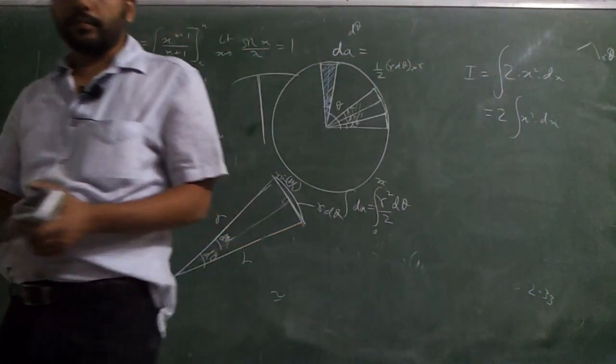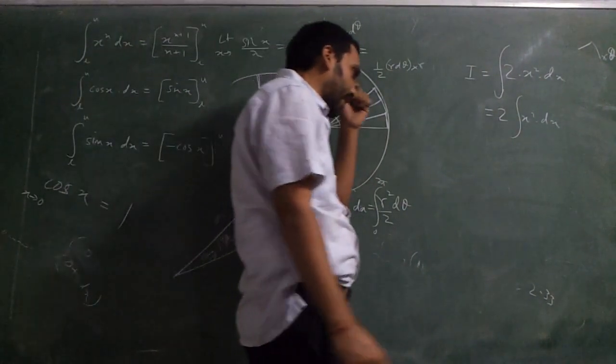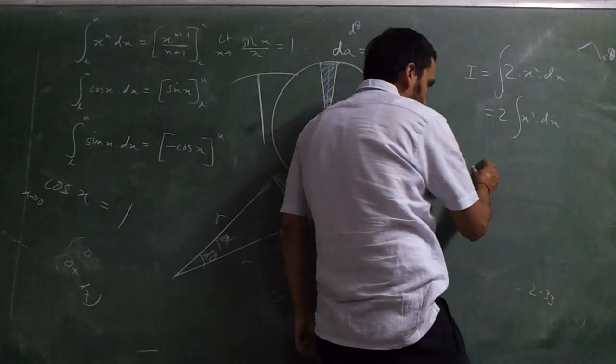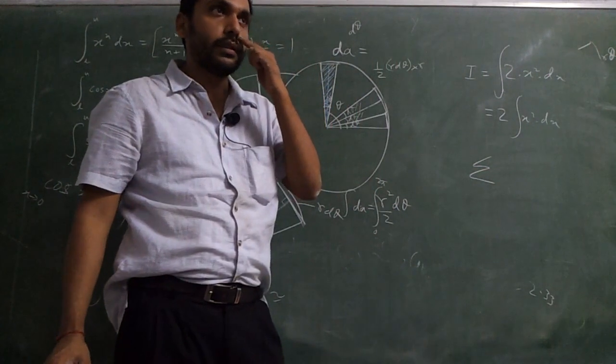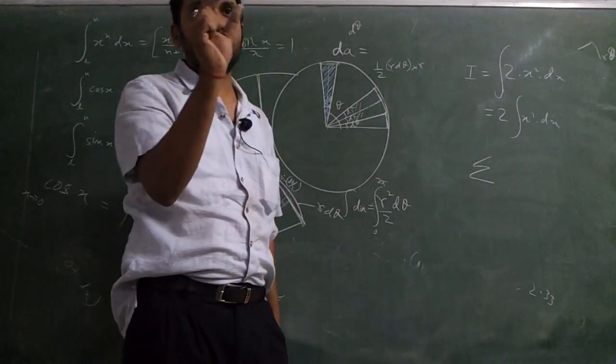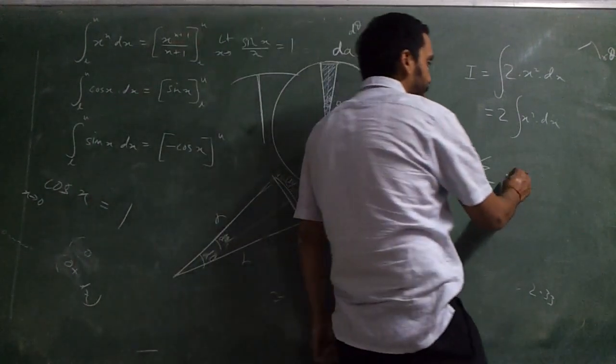Okay? A constant you can take it out of the integration. Why? If you ask me why, integration is something like this. It is kind of summation, but summation is happening in larger steps, integration is happening in very, very small steps. If I say summation of, say,